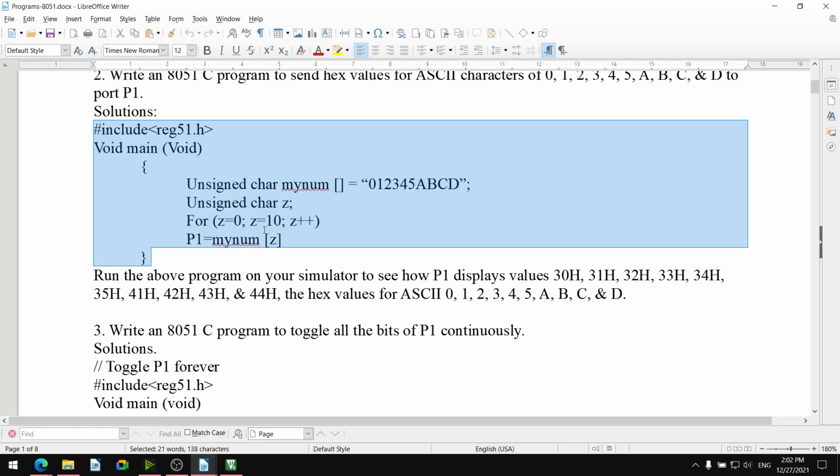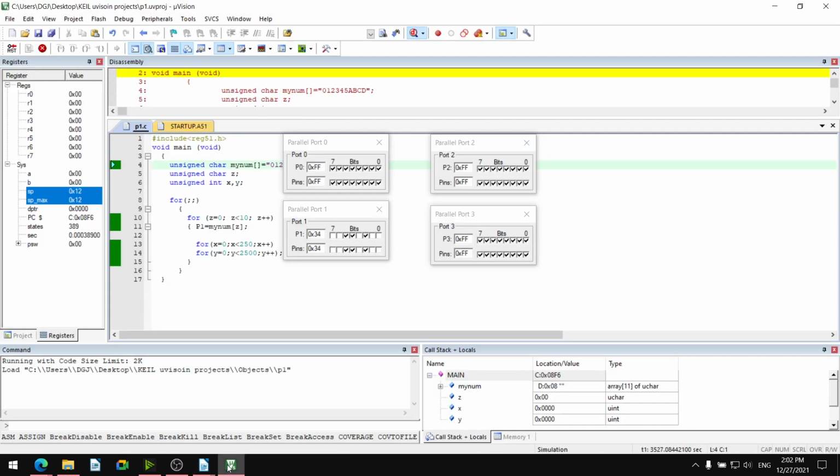Z will vary from 0 to 10 and it will indicate the index. The ASCII value will have its hex equivalent: 30, 31, 32, 33, 34, 35 and 41, 42, 43, 44.